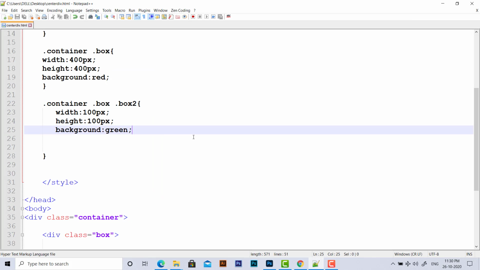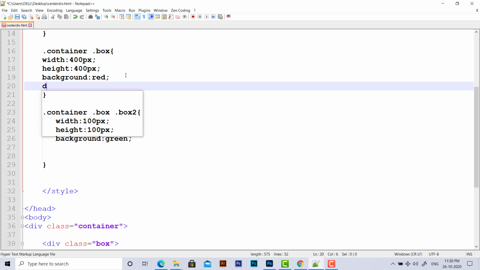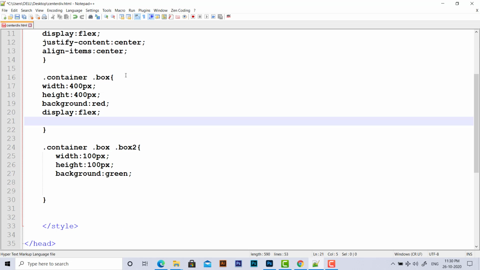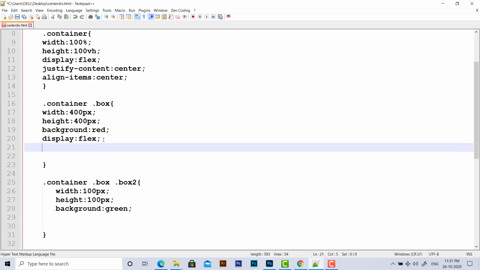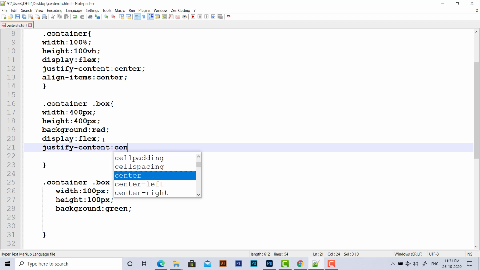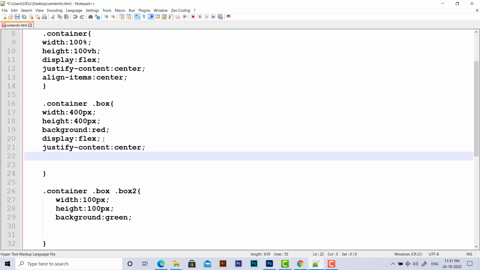So the box 2 parent is box. So once again we are going to put the property display flex, just like what we have done for the container, and then once again we are going to put the property justify content, and its value is center, and one more final property is align items.